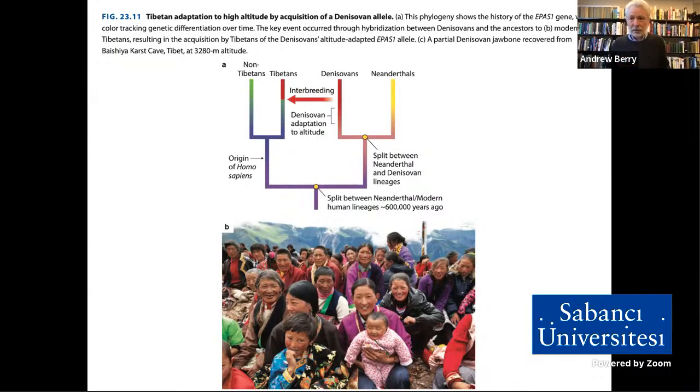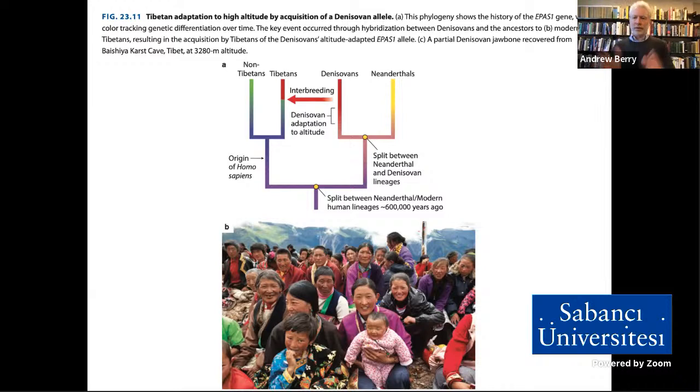But Tibetans are extremely good at it, and it's an inborn facility. For a long time, people have investigated this, and they've identified a gene called EPAS1, which is involved in oxygen metabolism, which the Tibetans have a very different version of from the rest of us. So that's the Tibetan trick to adaptation to high altitude, this particular very distinct gene.